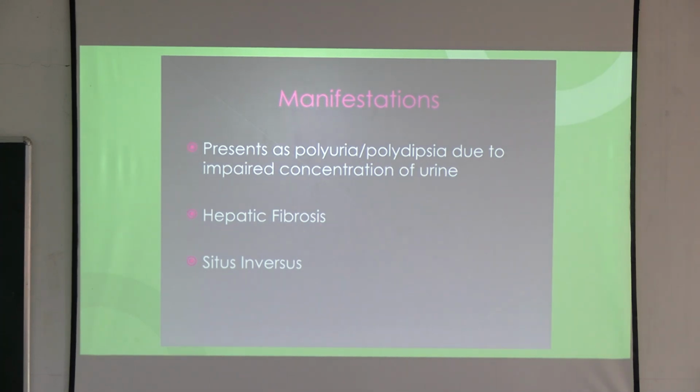Situs inversus কি? সব উল্টে গেছে, তাই তো? ডান দিকে যা থাকার কথা বাদিকে, বাদিকে যা থাকার কথা ডান দিকে। তাহলে সাইটাস ইনভার্সাস থাকতে পারে আর হেপাটিক ফাইব্রোসিস ইনভ্যারিয়েবলি প্রেজেন্ট। তাহলে দেখ, যেই ডিজিজগুলোতে হেপাটিক ফাইব্রোসিস হচ্ছে সেই ডিজিজগুলোতে